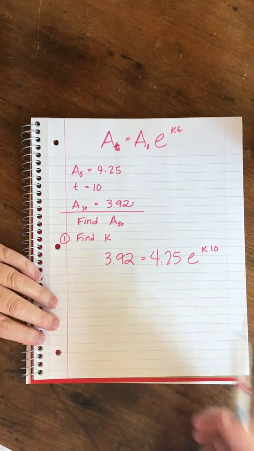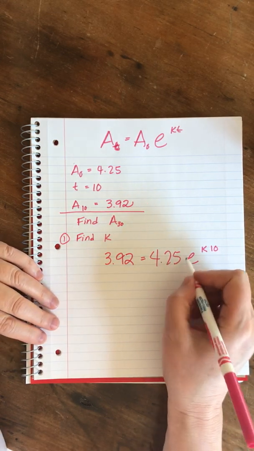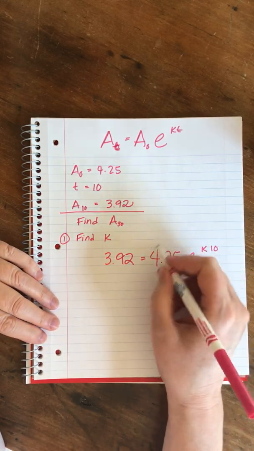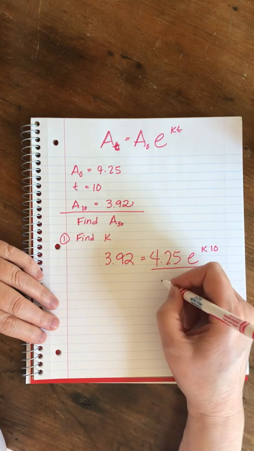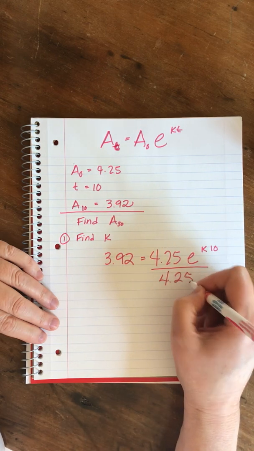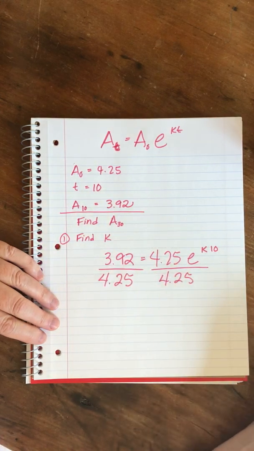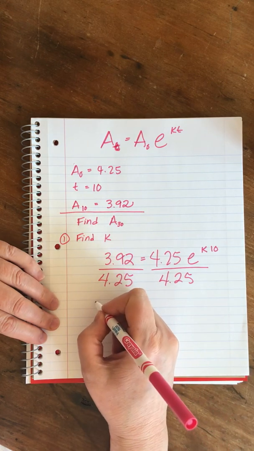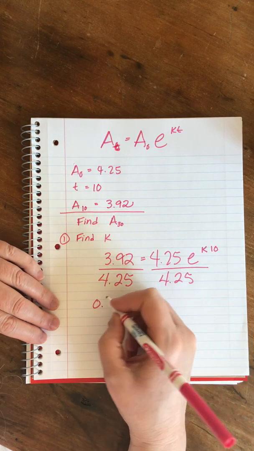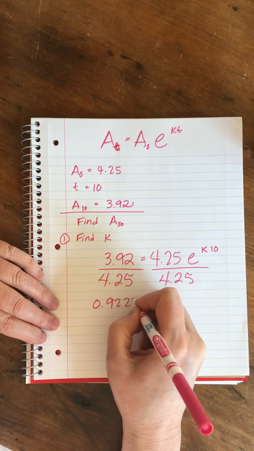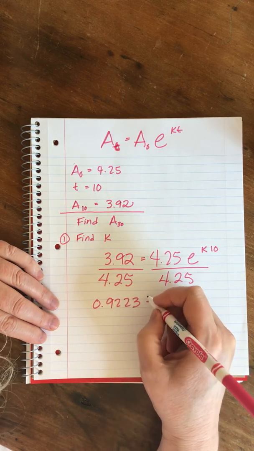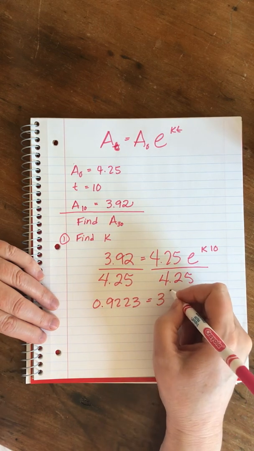So what did we do last time? Oh yeah, we need to get rid of this big fat numeric coefficient. So we divide both sides by 4.25. You can do that on your calculator. I'm going to use John's number, and we get 0.9223 equals e,